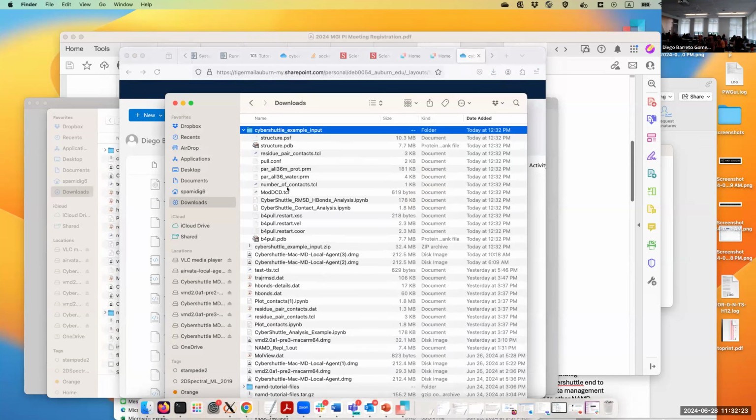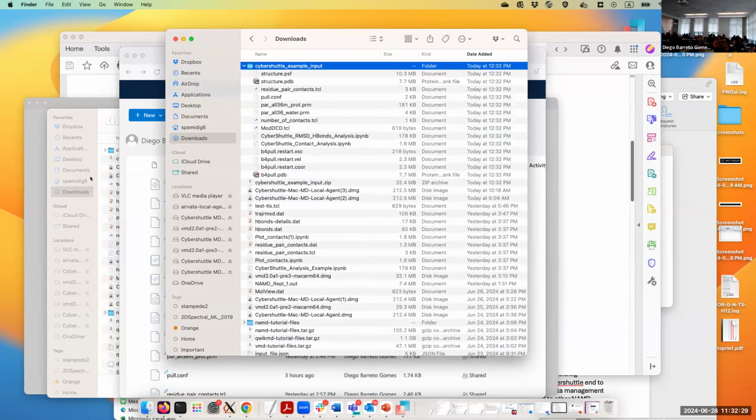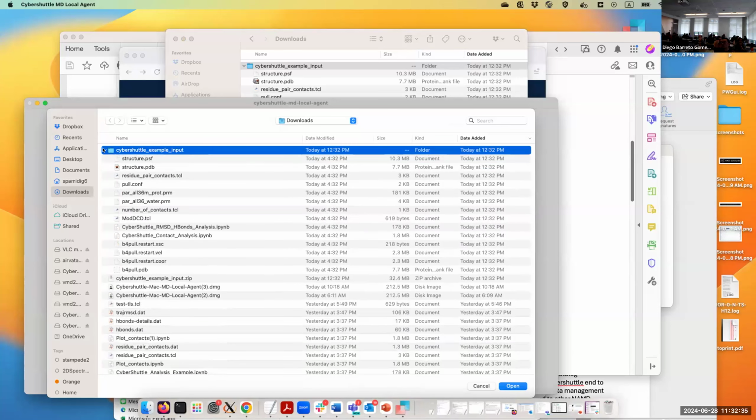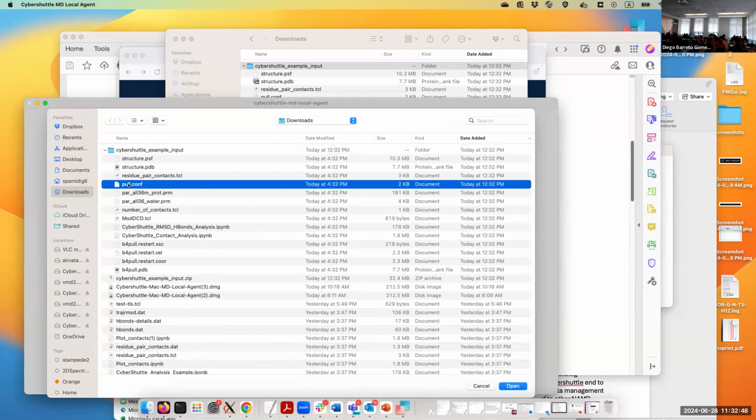All right, so the first thing you need to upload to CyberShuttle is the configuration file, called pull.conf. Let me go back to the client. While it's uploading, as I mentioned, it's a steered MD simulation, so there's the configuration file. It is pre-equilibrated. So the general recommendation is to set up your system,